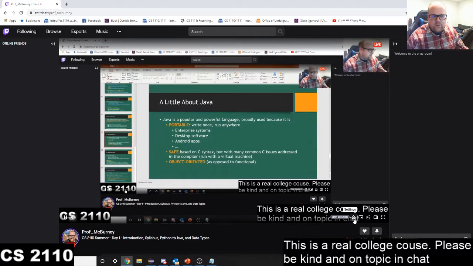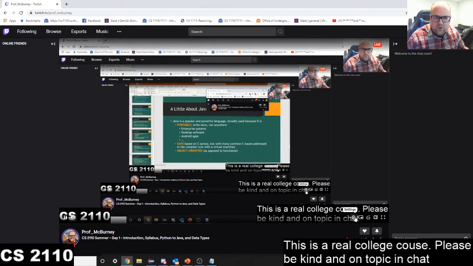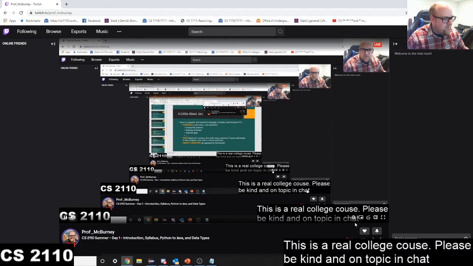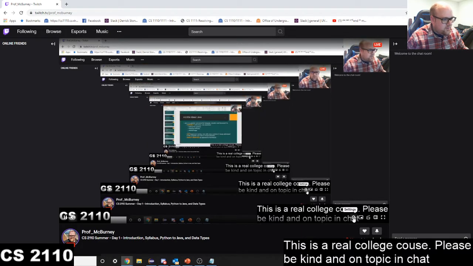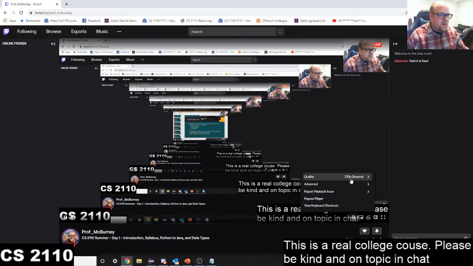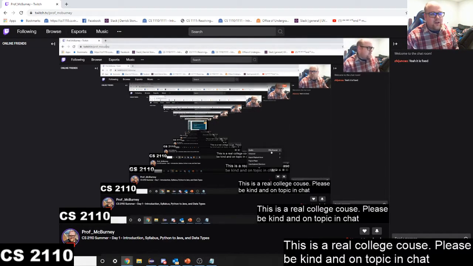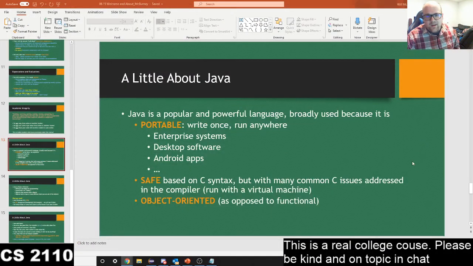You'll notice there's a little gear right here, and I know it's a bit hard to see because it's appearing in multiple places. There's a gear for settings. Click on that gear, and then you can change the quality. So that should help. Apologies for... Actually, this looks kind of trippy, not gonna lie. Anyway,